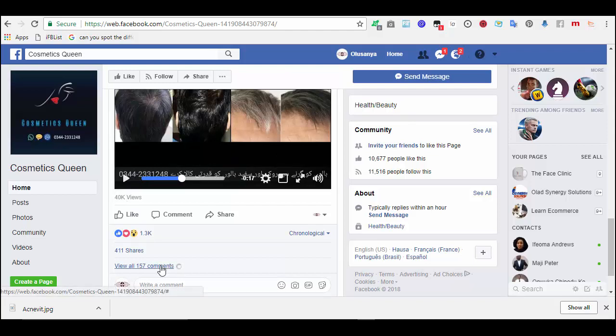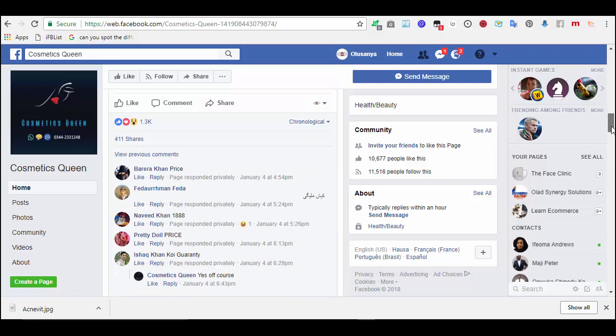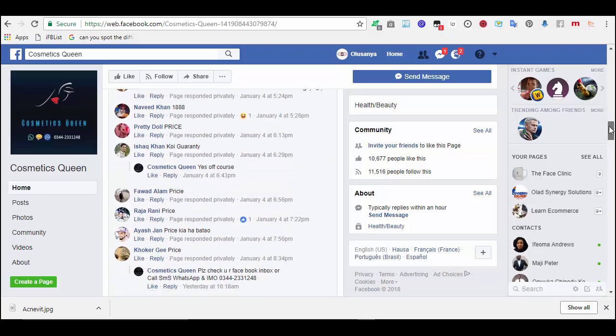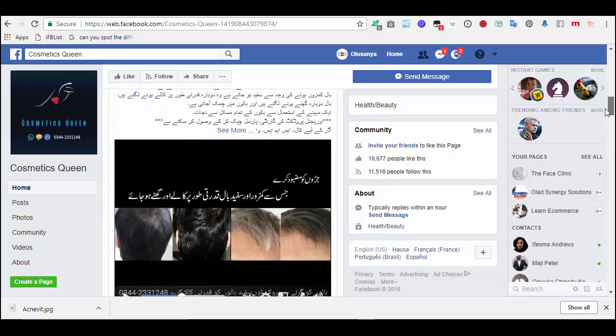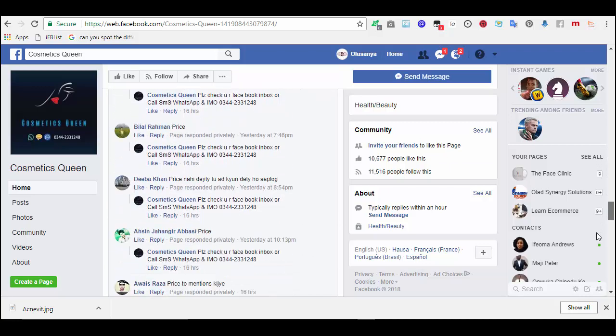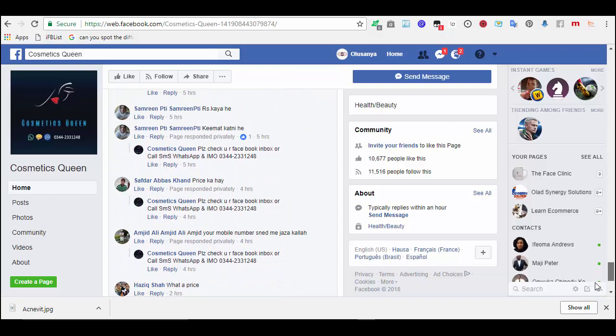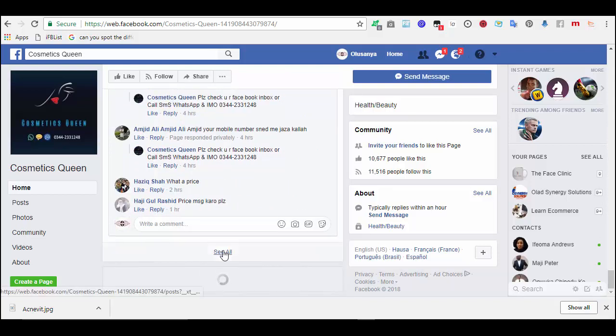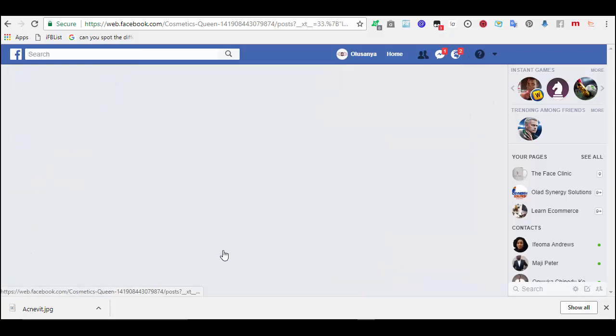Let's see the comments. 411 shares. So that is how to know hot products. Okay, this one has a price. It means this product is hot, so it's okay. That is how to do page backing. So let's see what this person has in store.